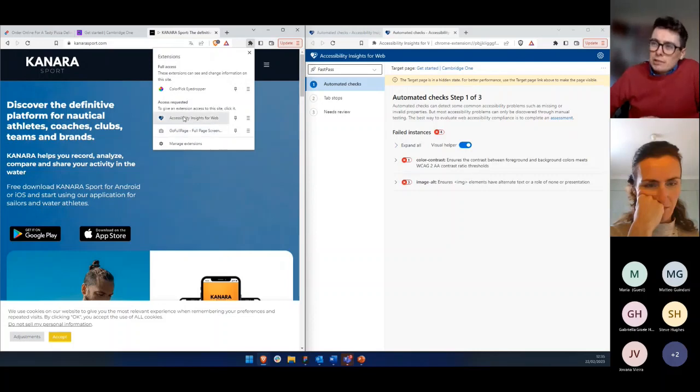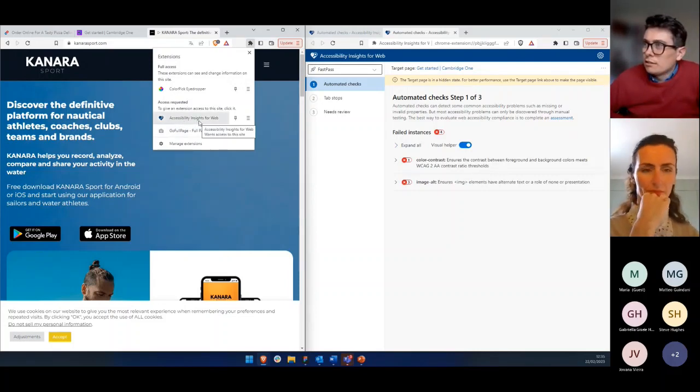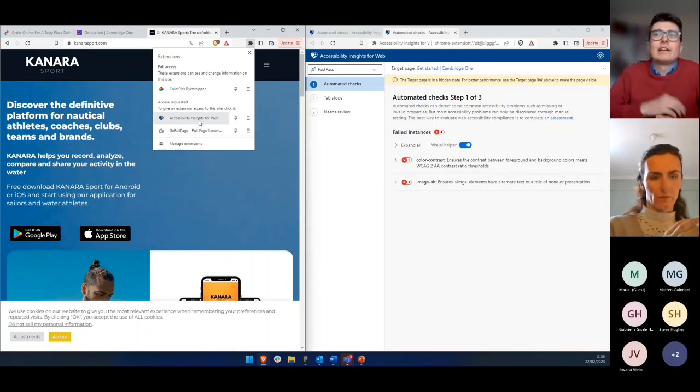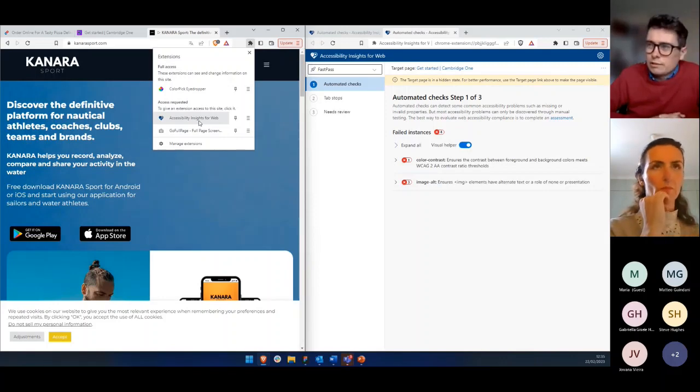And I must say, I'm using this thing, Accessibility Insights for the Web. It's just a plugin you can add on Chrome. There are lots of these sorts of things, and none of them are perfect. So I normally use 3 or 4 to get a nice set of all the issues. But I must also highlight that you can't really do all of this stuff with an automated plugin.